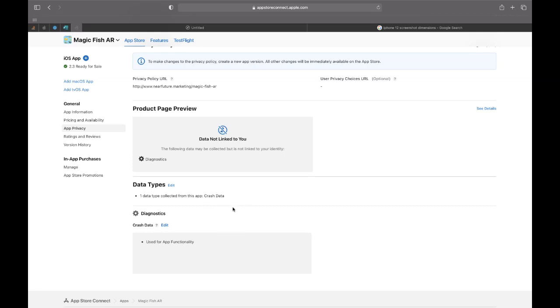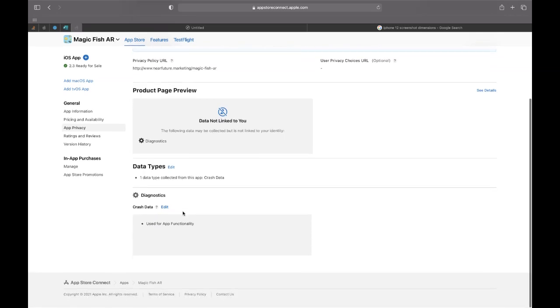So I collect anonymous crash data if the app ever crashes. That way I can figure out what went wrong, because if this app crashes, it means that most of my other apps could probably crash from the same thing since they're built on the same system. But other than that, I don't collect any other data linked to you or your information or your identity. I just make AR apps that work. But if you wanted to, you could. Of course, Facebook just got a lot of flak for that. They had a really long page here that had a billion different things.